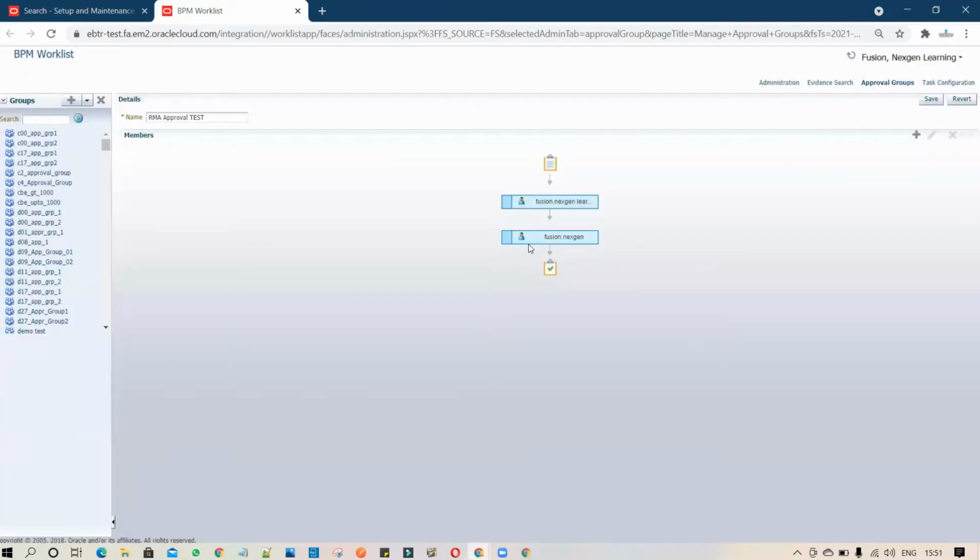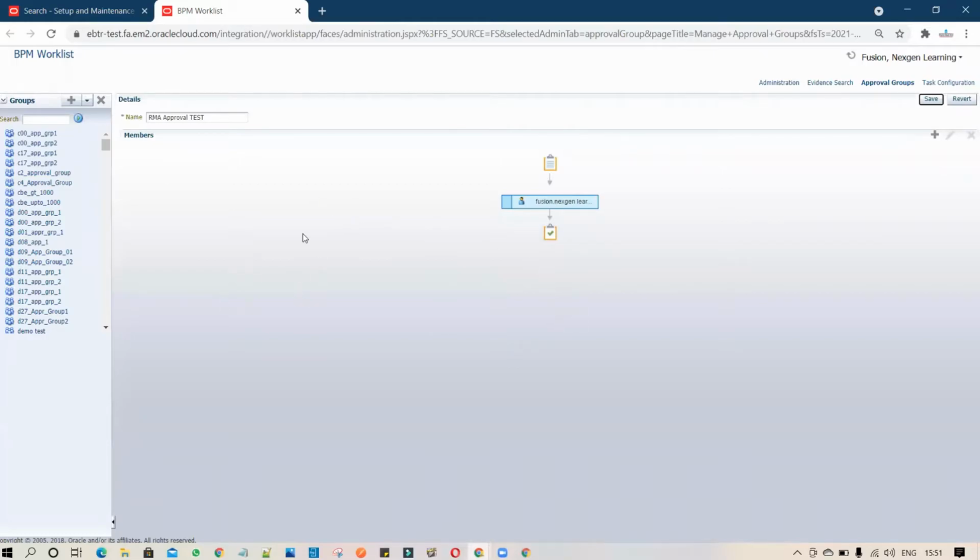Yeah. So you can see how the hierarchical member you can add to the existing group. Now, if you want to remove, you just select that member and click on delete. Once you delete it, you have to save it. So this is how you can create the approval group.